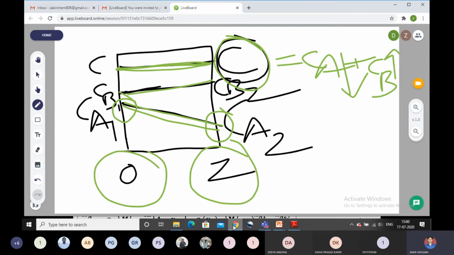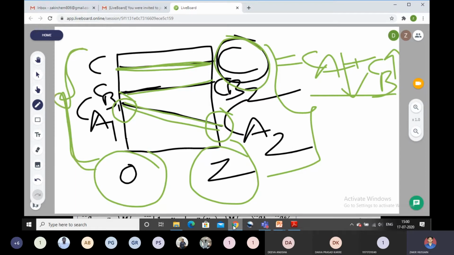From this graph, this side we can call the left hand approach, and this side the right hand approach. Always remember, the total concentration C is the sum of the concentrations of the n species present in the solution. In our mass transfer operations we assume only two components, so C is equal to Ca plus Cb, the total concentration. For this graph we define the left hand approach and the right hand approach. Then let's see how these approaches are evaluated.